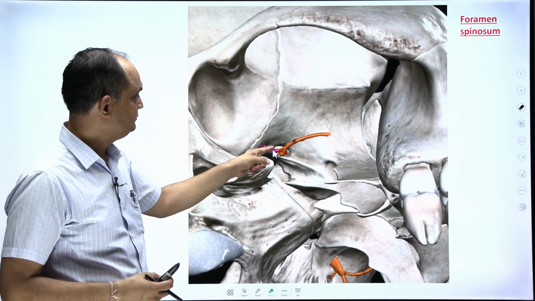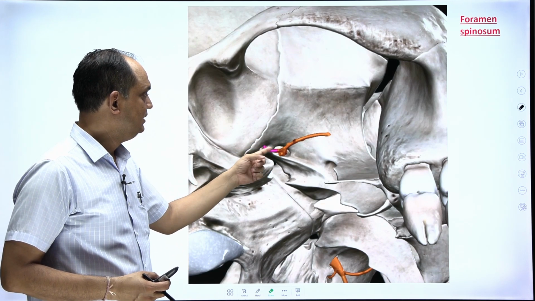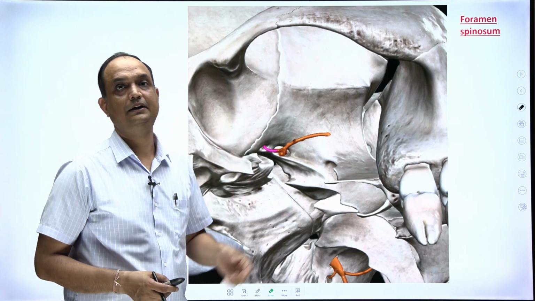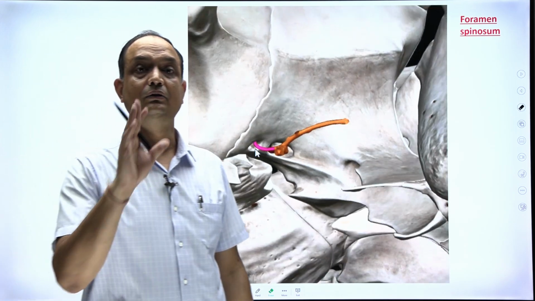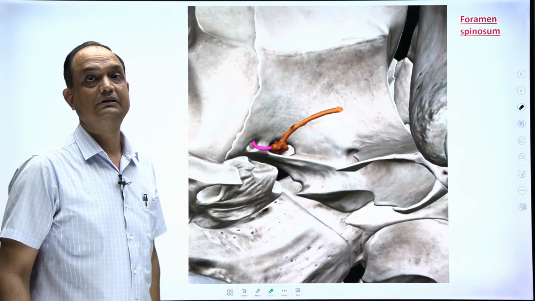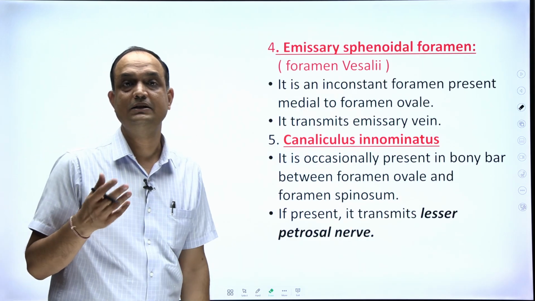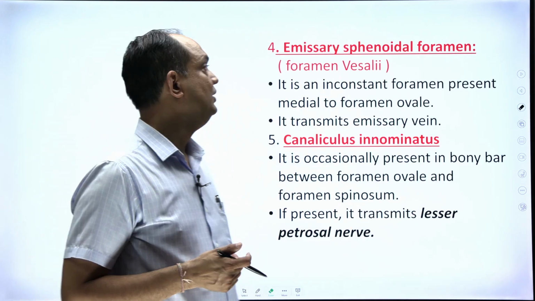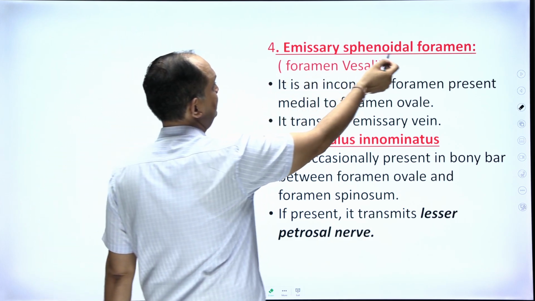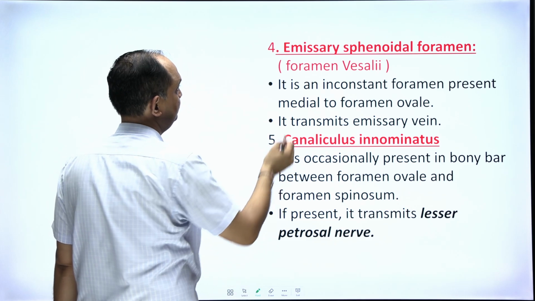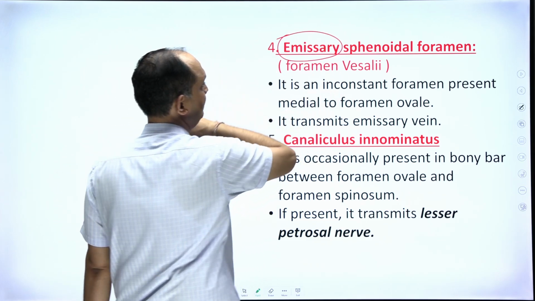So this nervus spinosus is a branch that arises from the mandibular nerve and enters deep inside again into the cranial cavity, and here it will supply the meninges. Now there are two foramens which may or may not be present. One is known as the emissary sphenoidal foramina. Now this name itself suggests that if this foramina is present, it will allow the passage for